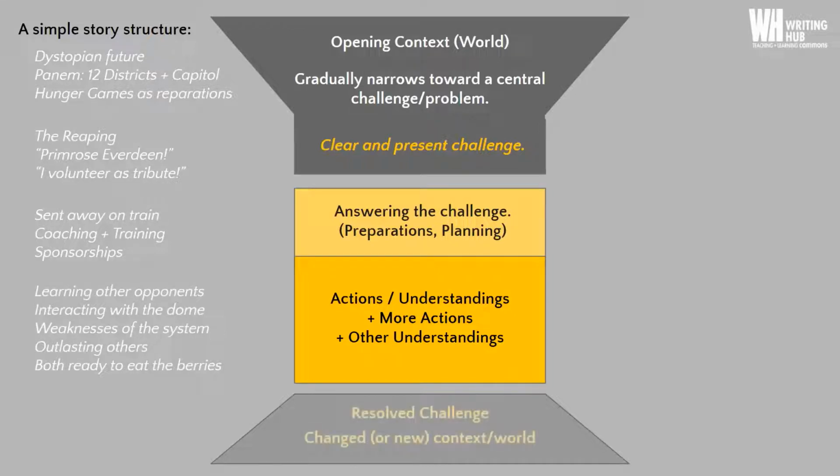And then at the end of a story, we see that the challenge is resolved, or at least it's partially resolved. And from that resolved challenge, the context or the world of the story has changed. It's new somehow. So in the Hunger Games example, Katniss and Peeta both live, which is strange. And now we're left asking, well, now what? So the challenge of our character, Katniss Everdeen, engaging in the Hunger Games, that has been resolved. That's finished. But now there are new questions. There's a new context, and that will set up the story to continue.